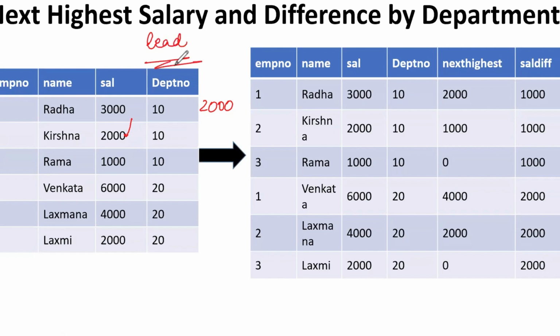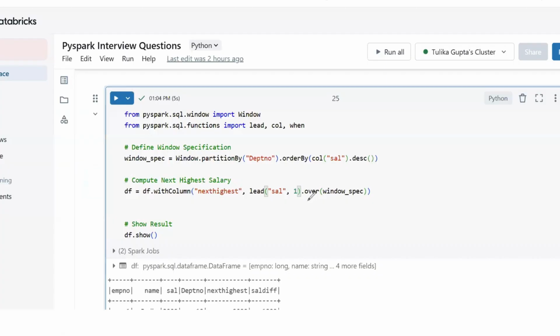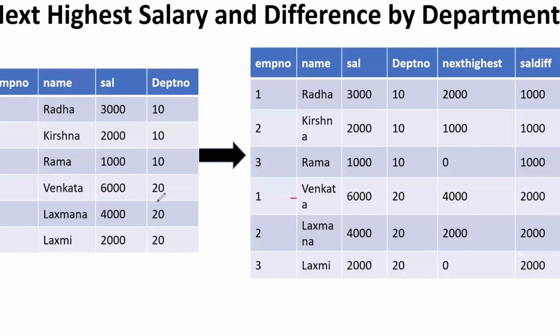So that's the use of the lead function. You can check in the API docs what the use of the lead function is, how you can use it, and what its syntax is. Also, in the second parameter, we have given 1. So what does this 1 mean? It means you are moving to the next record. If I give 2, it means the record after that. So I've given 1, which means the very next record. I hope I'm clear with this part.